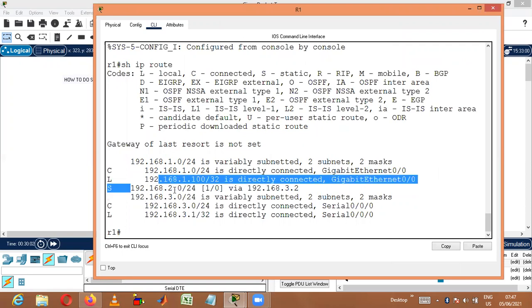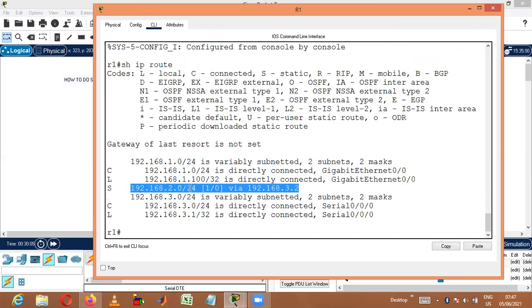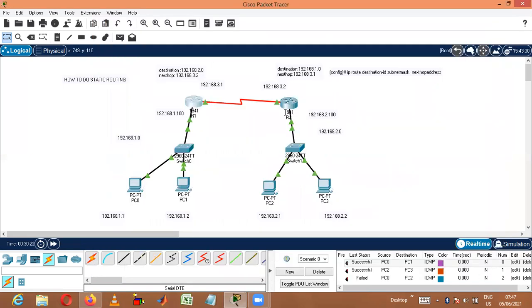And see here, whatever static route we have done, it is done. 192.168.2. network is connected via the IP 192.168.3.2. So once the packet reaches 3.2, it is understood that the packet will reach the 2. network also.